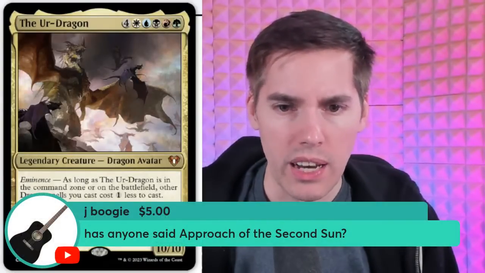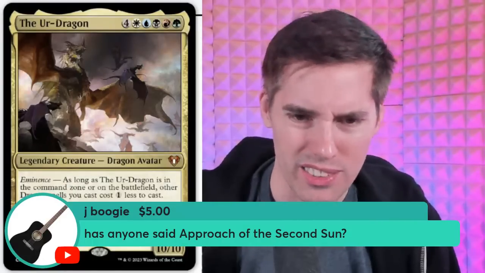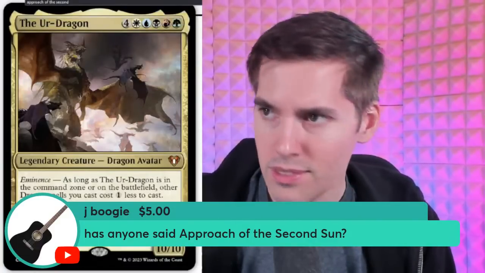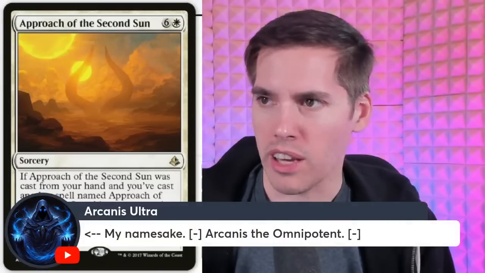We got Super Chats. We got J Boogie. Has anyone said Approach of the Second Sun? I don't think this actually draws cards. Right? It's not a card draw card. 7 mana. If it was cast from your hand, you cast another Approach and you win the game. Otherwise, put it into its owner's library seventh from the top and you gain 7 life. Sorry about that, J Boogie. It's disqualified. Literally does not draw a single card. So we're going to donate that one, J Boogie. We're going to donate it to